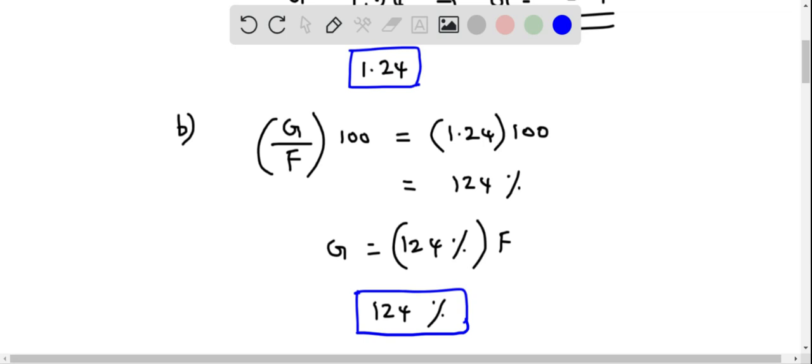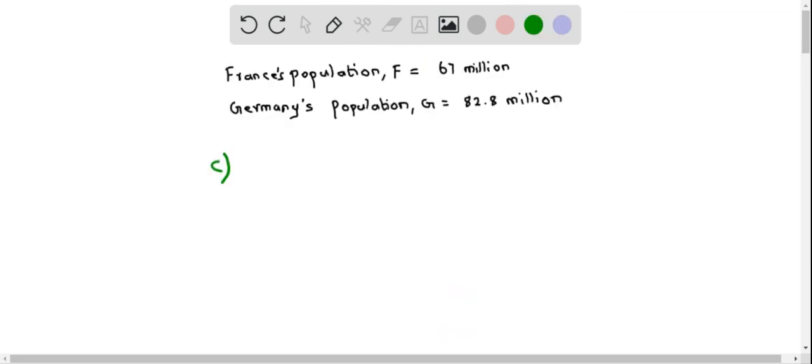Let's answer part C. And here we have to determine France's population is how many times as large as Germany's population. So here we find the ratio F over G. And this equals F is 67 million divided by G is 82.8 million. I do not put the million because these two will get cancelled. So basically I'm using only the numbers because both units are million. We will not have to include the units, and this equals